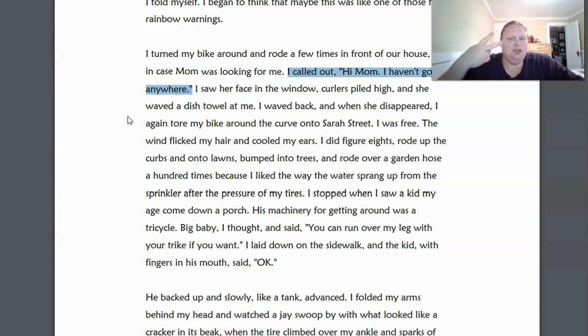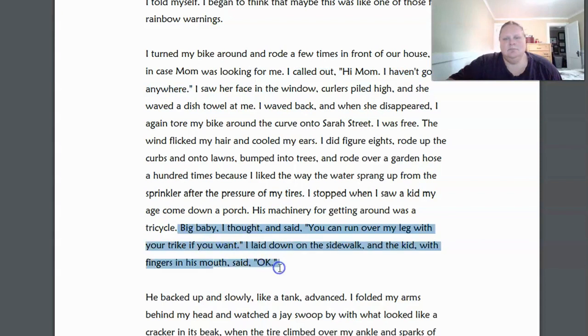Is there any place where there's two people talking? Is that what you found? So we have Anne said, you can run over my leg with your trike if you want. Period, quotation marks. The period goes inside the,